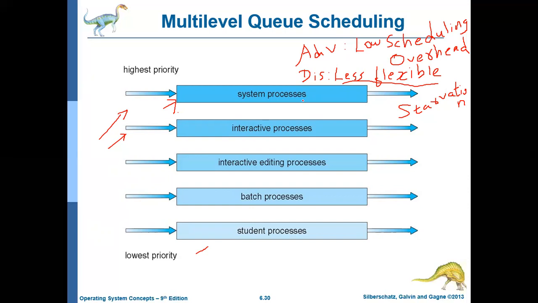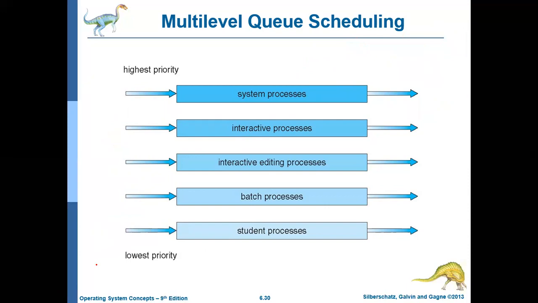Okay, so that's it about the multi-level queue scheduling algorithm. What we have discussed here is that the ready queue will be partitioned into multiple queues, and the jobs will be permanently assigned to any one of the queues based on the memory required by the process, its priority level or process type. And each of these queues may follow a different scheduling algorithm. It is not that all the queues should follow the same scheduling algorithm. And also there will be scheduling within the queues.